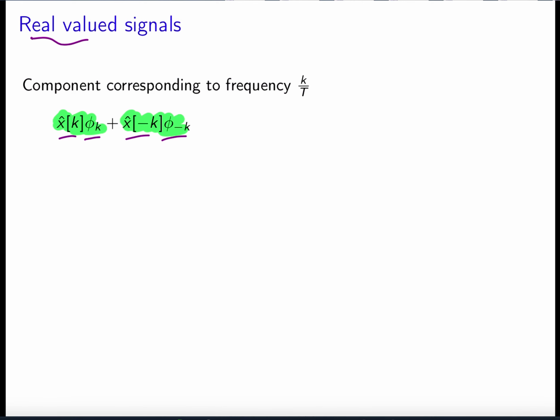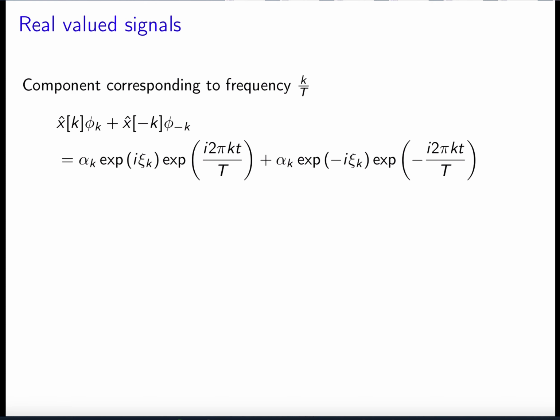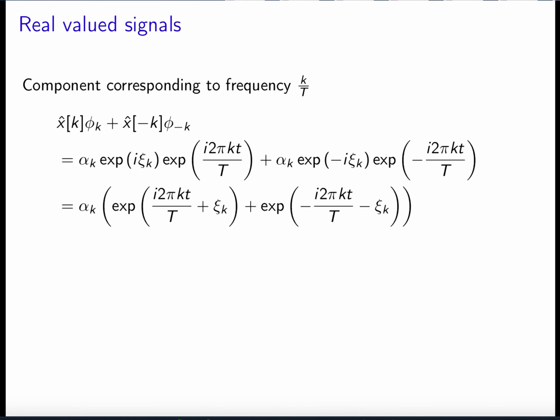And again, this is only for real valued signals for which what we said before holds. What we said before is that they're going to have the same magnitude. This term has the same magnitude and the phase is multiplied by -1. So now, when we sum up these two components, we can take alpha k out. Now we have the sum of these two complex exponentials,